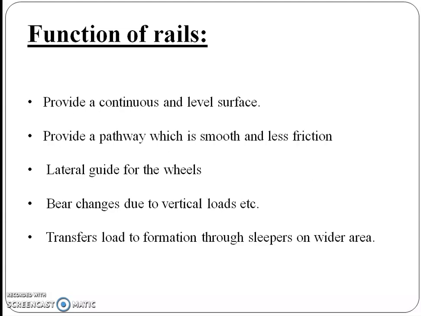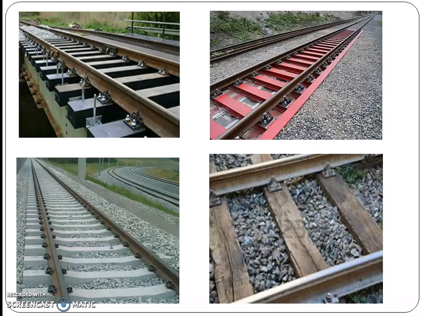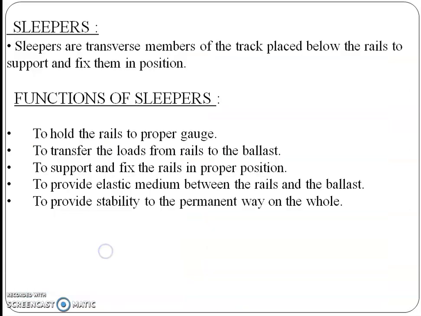Now next word, which is sleeper. In this image you can see sleeper. Below the rail one member is laying, which is known as a sleeper. So what is a sleeper? Sleepers are transverse members of the track placed below the rail to support and fix them